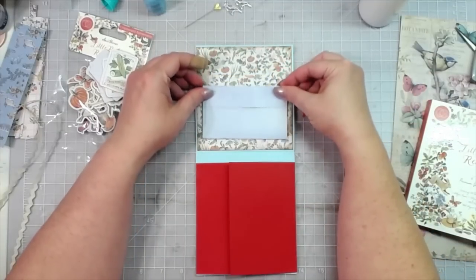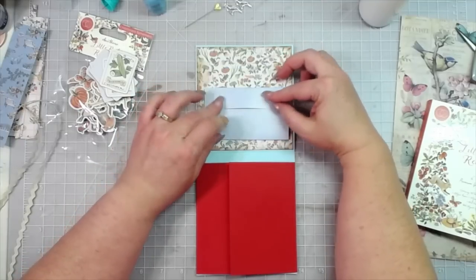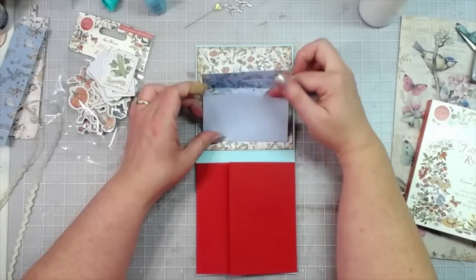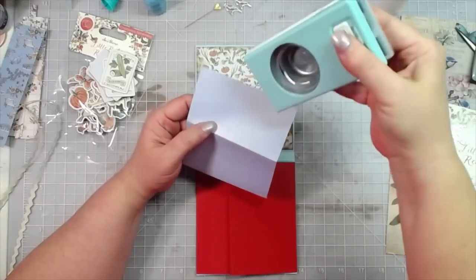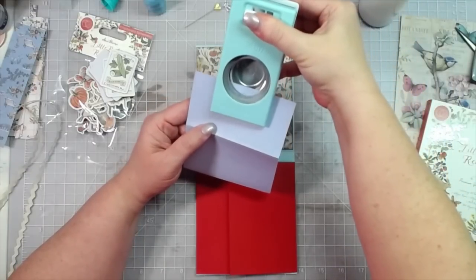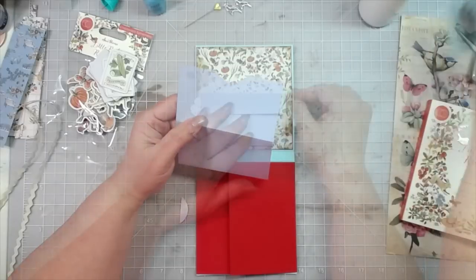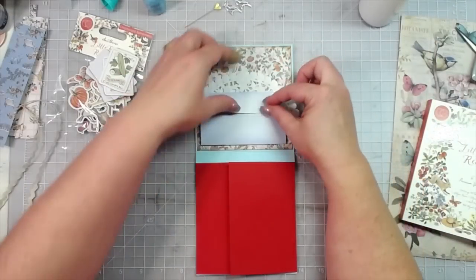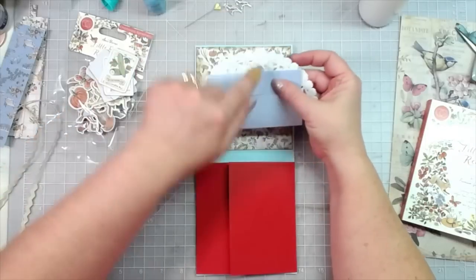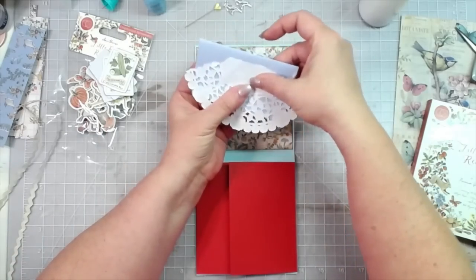And see how that looks. Okay, we're going to, let's see here, do a little notch in the top here. Yep, I like that. And then have that dolly peeking out from behind it. I want that to be in the center. So I'm going to go ahead and fold this over